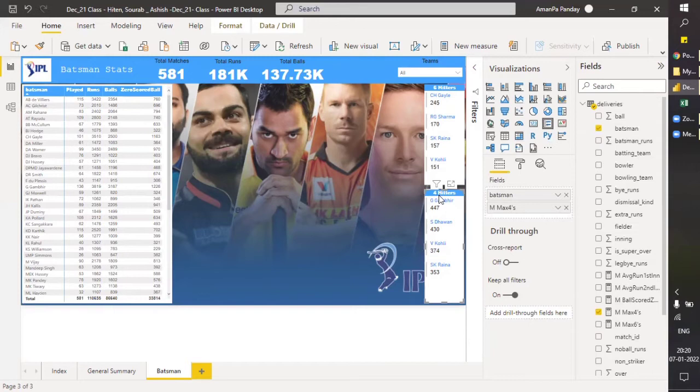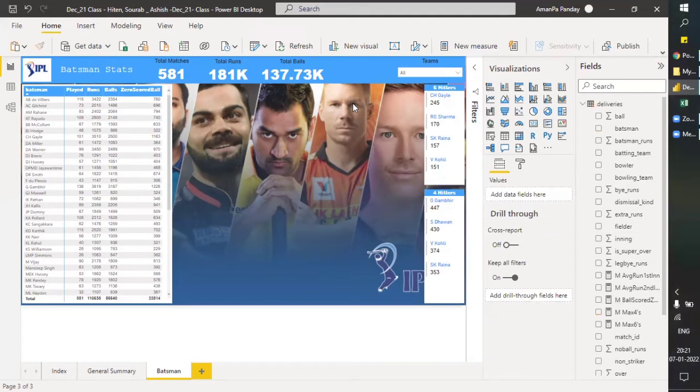I also wanted to add the players who have scored the highest number of 2s and 3s, but that will just be a repetition, so let's keep it till 6 and 4 and move to another important topic, that is batting average.